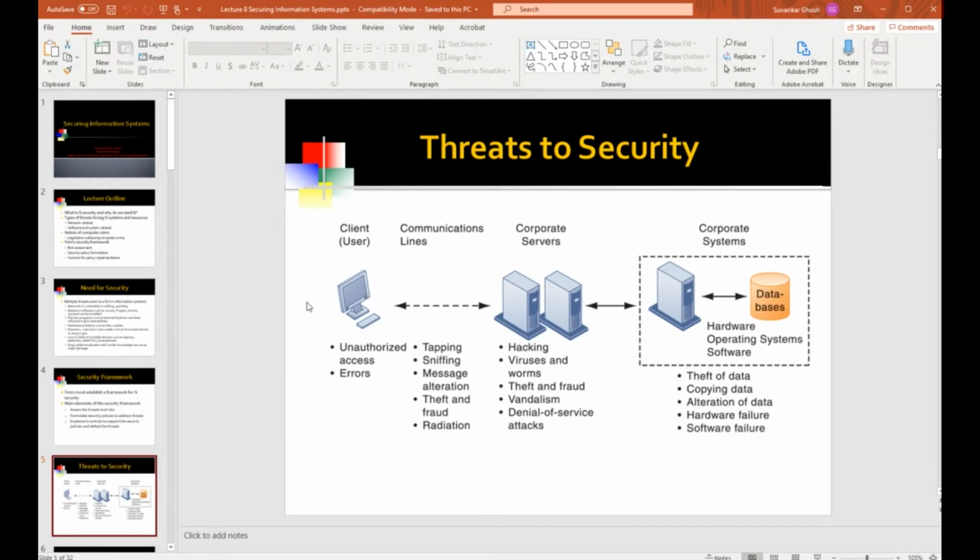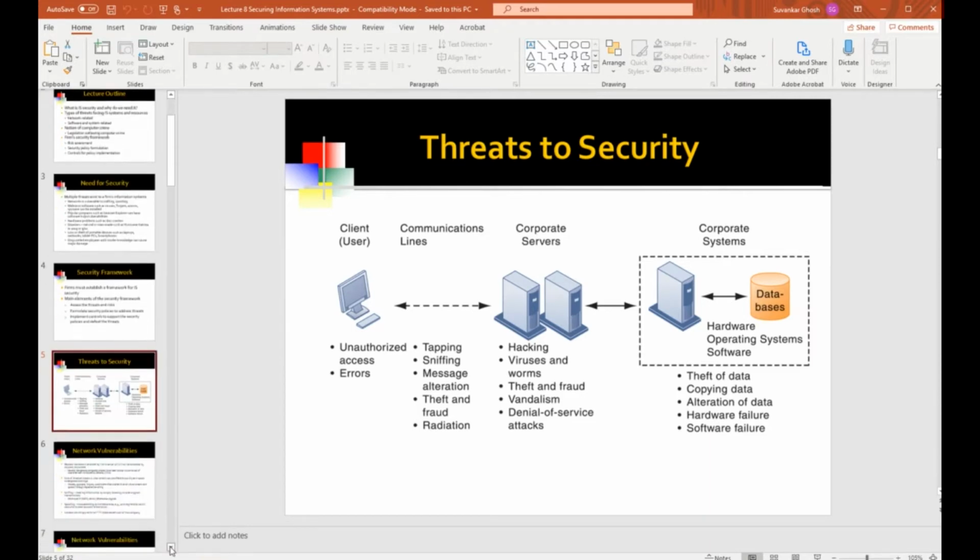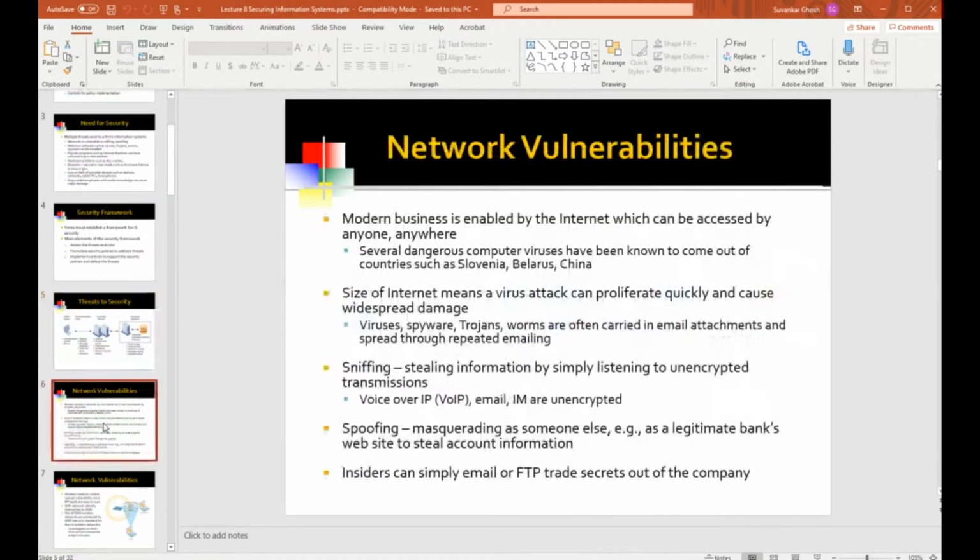Once they've infected the servers, then they have access to the database that is attached to the server. Could be either directly attached storage. We have looked at the DAS model, or it could be storage disks behind a SAN, storage area network. But once they're in the servers, then they have access to the storage disks that hold the data, and they can destroy the data, they can change the data, they can steal the data, they can do whatever they like. So indeed, the network is a great source of threat.